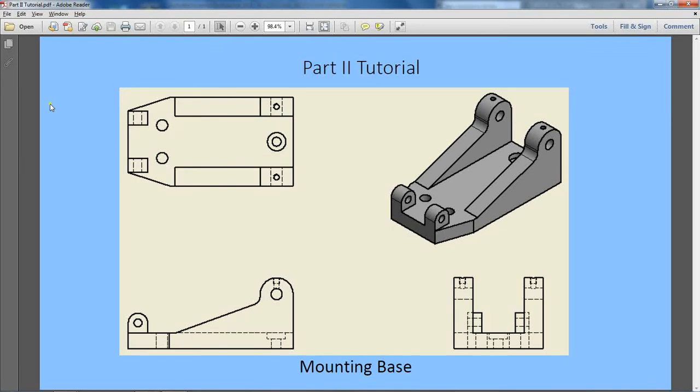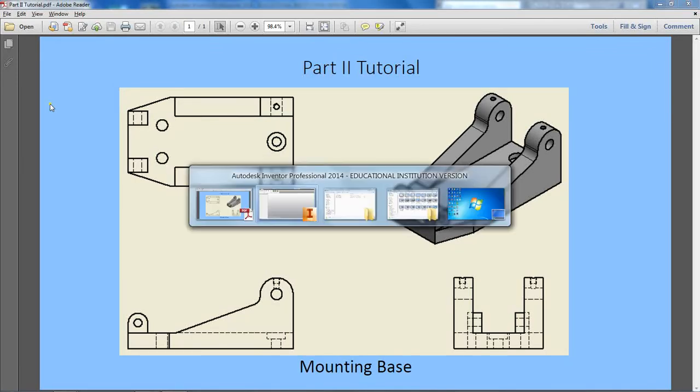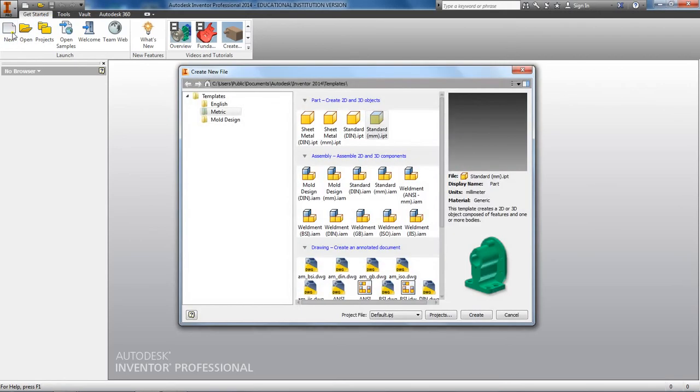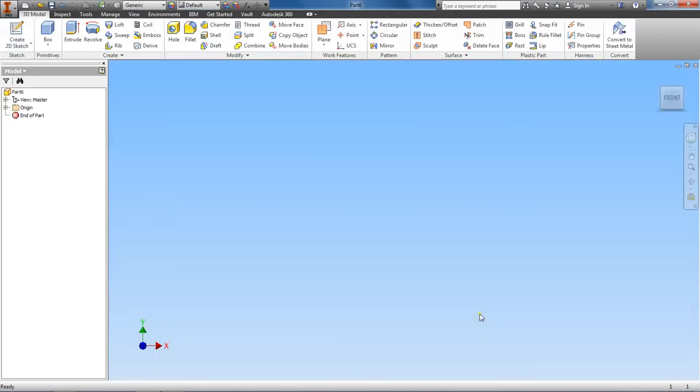All right, so let's go ahead and get started. Let's flip over to Autodesk Inventor and start a new part. We're going to be in the metric system, and we want a standard millimeter part. Click Create. All right, and remember, whenever you're starting a new part, you've got to start by creating a two-dimensional